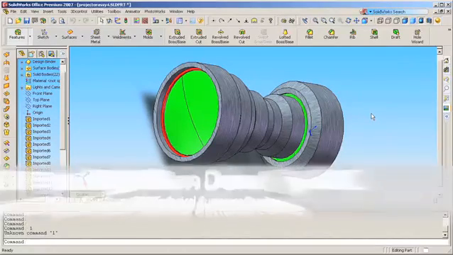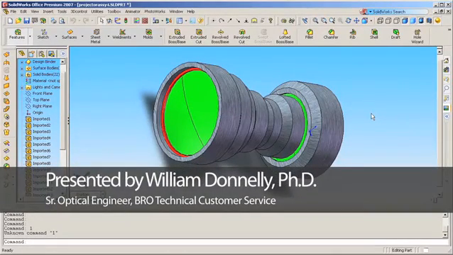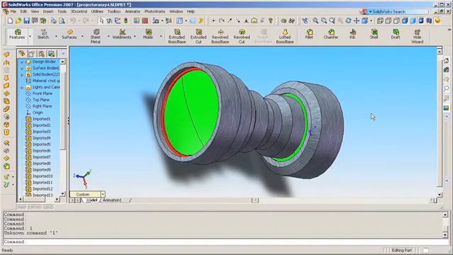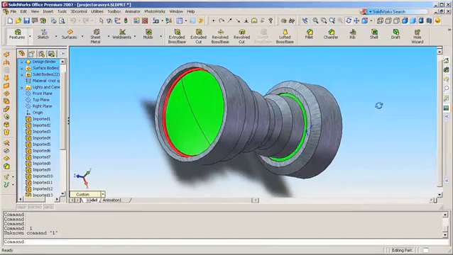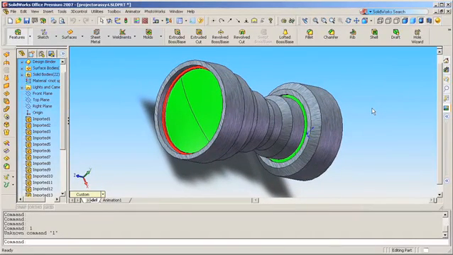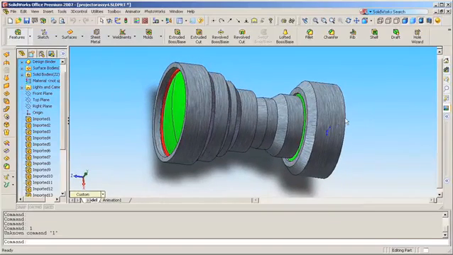An enhancement to the GTX file format and interoperability between SOLIDWORKS and ASAP now allows users to assign object names and layers in SOLIDWORKS. So I'm going to take you through a demonstration performing this layering process. We're looking at a projector assembly, which consists of lens housing that you see in this brushed gray color, and